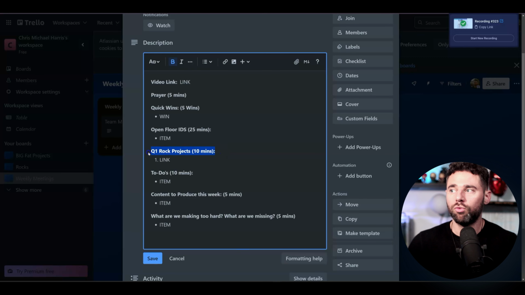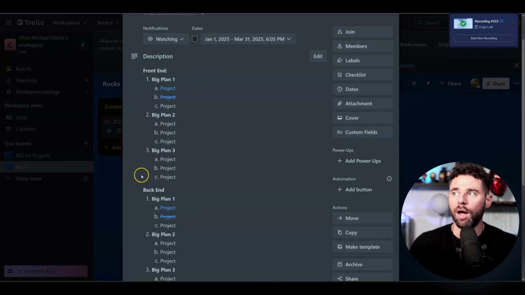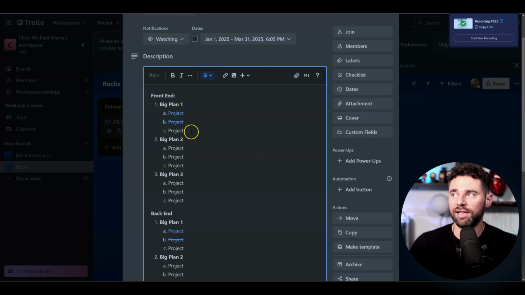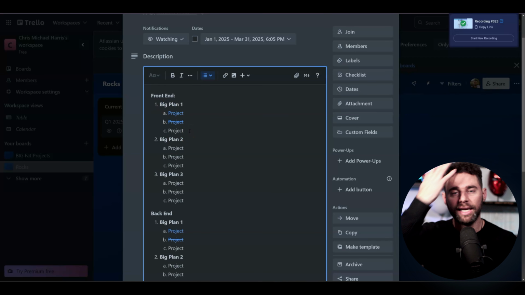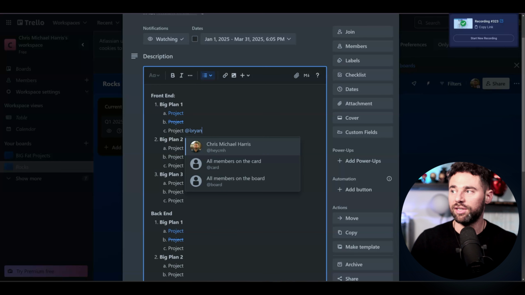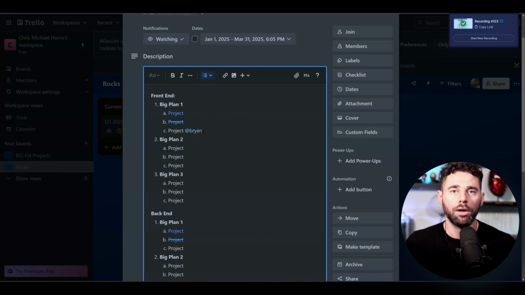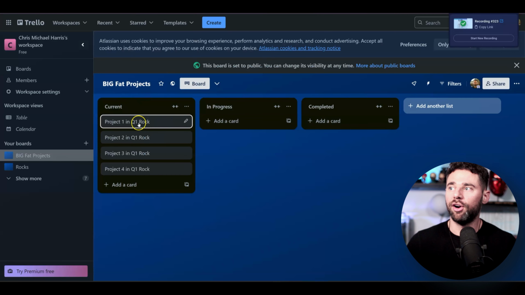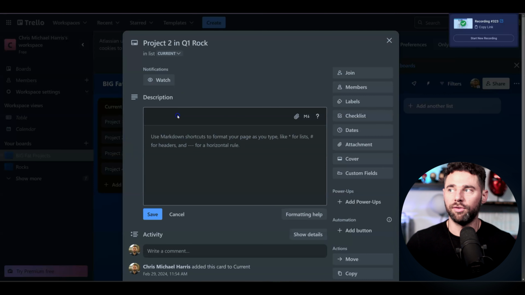Okay, next we do rock updates. So what we'll do with the team, we link the actual rock board here, and we go through, right? So we may assign. So let's say this particular project relating to this big goal is something that I need Brian to do, because Brian, I need you to research new servers that we can explore. I need you to give me a breakdown on everything that is entailed with that server, or give me a list of all the servers that we should consider. Then on that project for server discovery or server research, right? Maybe I could click that link, and under here, project number 2 is server research.